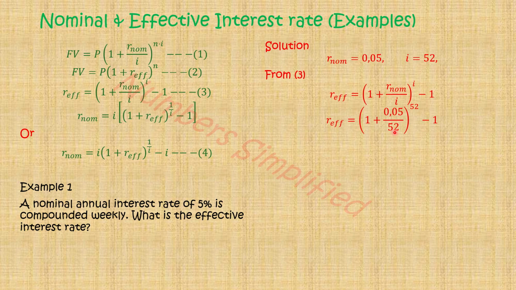With that, the next step is to deal with what's inside the pair of parentheses. Before we continue, if we have fractions, like in this case 0.05 divided by 52, we may want to know what this is in a simplified manner. We see that that becomes